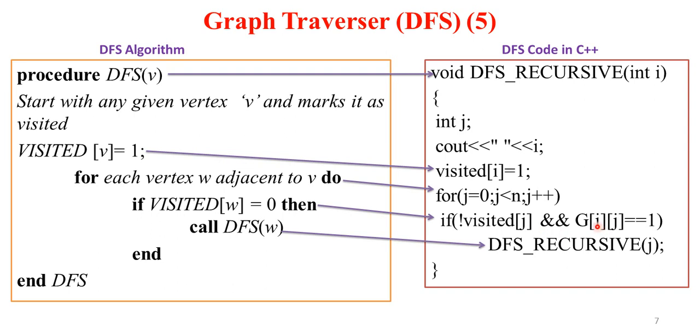Here you will find that there should be an entry from I to j. When j is 0 and I is also 0, it is 0 0, then next will be 0 1, then 0 2, 0 3. This way it will consider all the edges which are adjacent to I, and moreover those vertices should not be visited. If such is the case, then there will be a call to the next adjacent vertex j. This way we have seen the simplest way of implementing the algorithm as C++ code.